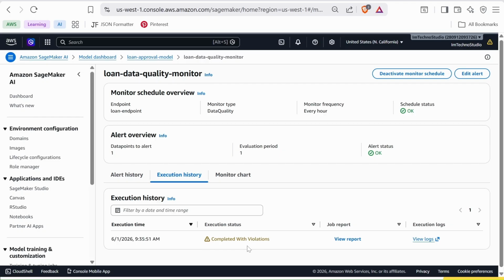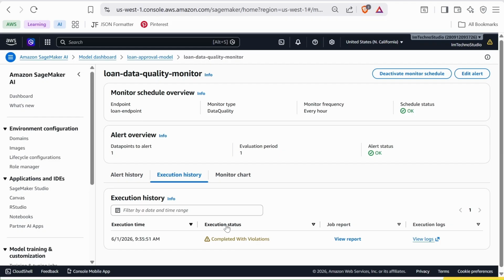A monitoring job can fail if there is no captured inference data available for analysis. Remember, Model Monitor compares the captured inference data with the baseline dataset. If there is no inference data available yet, SageMaker doesn't have anything to compare and the monitoring job may fail. So seeing a failed execution is completely normal and does not necessarily indicate a problem with your setup. Now wait for at least one execution to complete successfully before checking the result. As I have one, let's start with the steps.